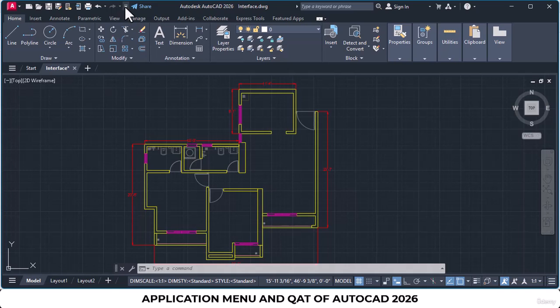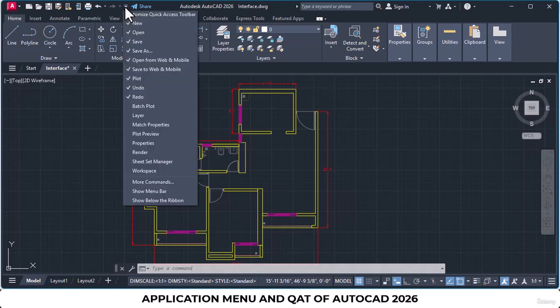And if you click on that, you get the option to customize the quick access toolbar. So the options which have a check mark next to that are the options which are currently visible in the quick access toolbar, and the options which do not have a check mark are the options which are not shown.